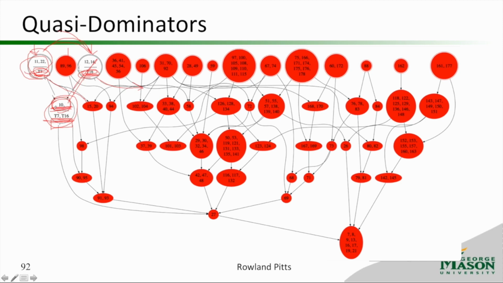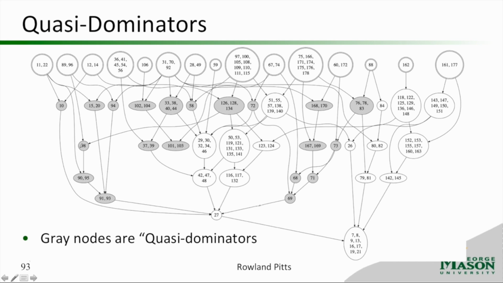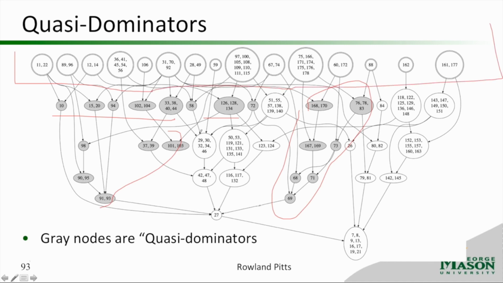So even though, for example, mutant number 10 is not a dominator, it looks and behaves like one, hence the name quasi-dominator. And it turns out there are quite a few of these. I've marked them in gray here. All the gray nodes are quasi-dominators. So in addition to the 40% dominators at the top, there are these others